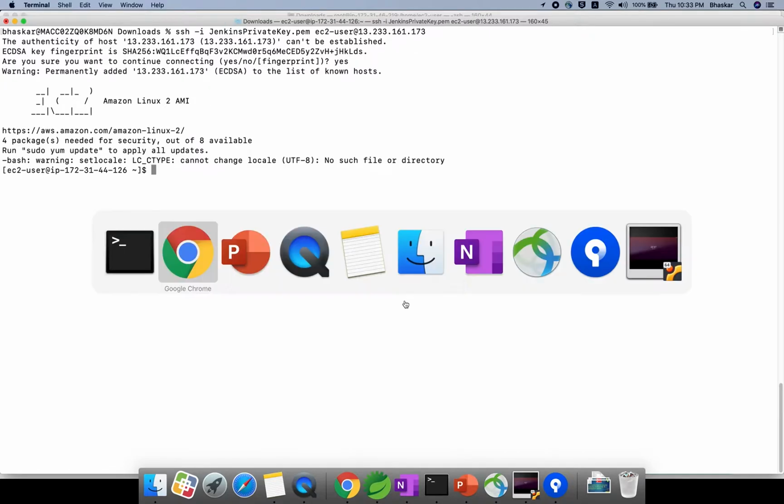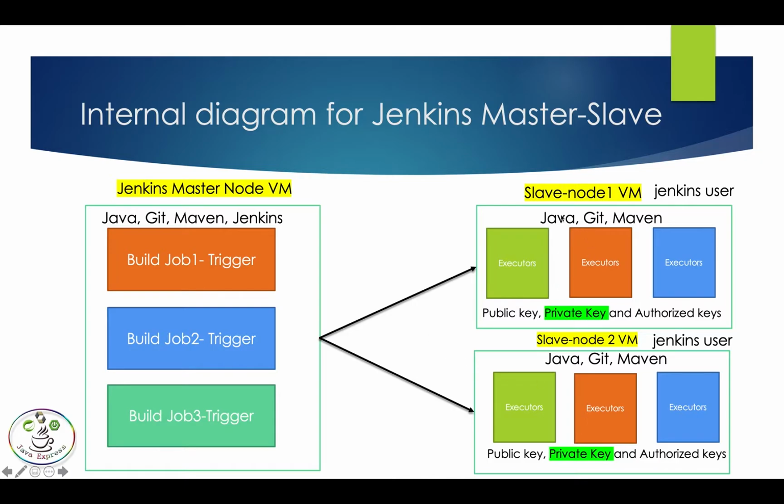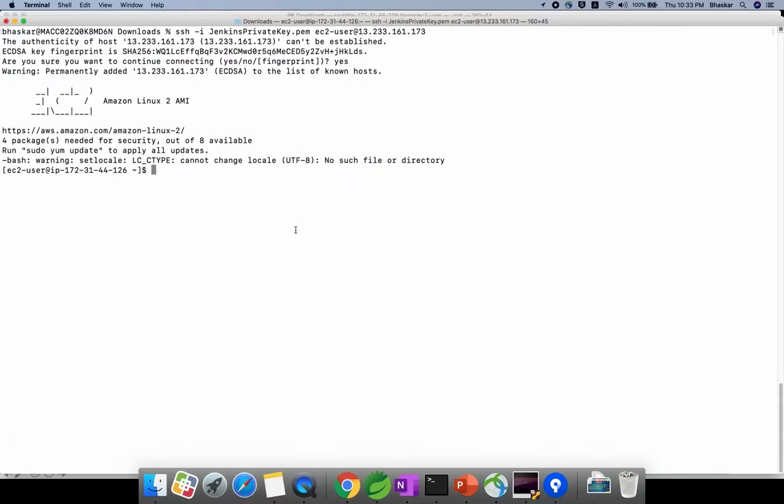Okay, what are the steps I need to do? First I need to install Java. Okay, how to do that? First you need to navigate to your sudo user. Okay, sudo su. If you give that, you are the root user now. Whatever the instructions you are doing, just go ahead and install whatever software you need. All these commands I made a note of on the git repository. I will share the URL to you also.